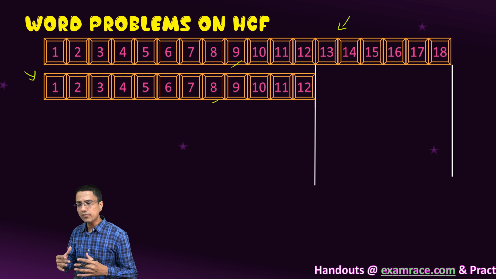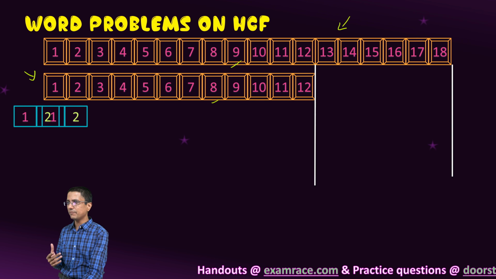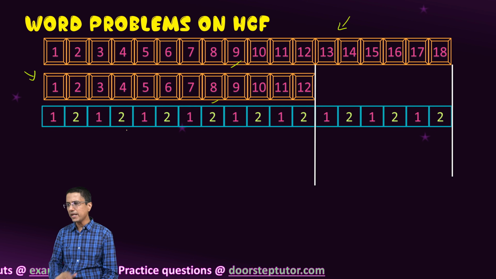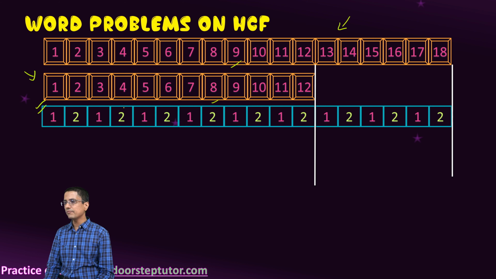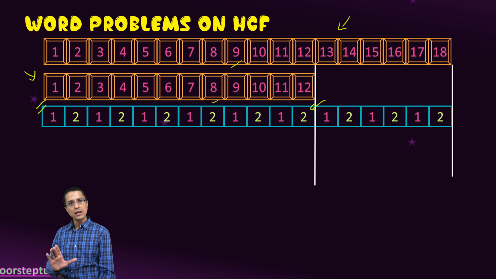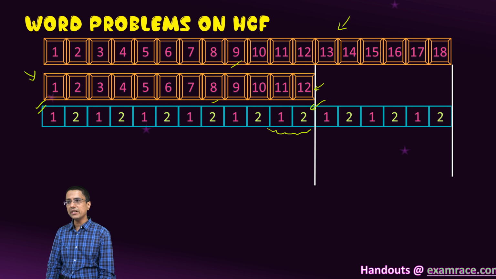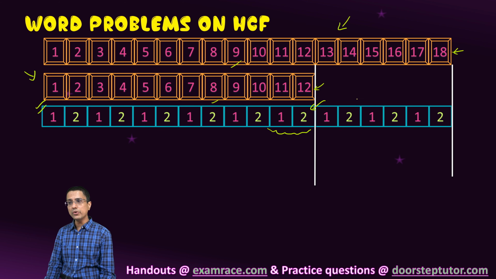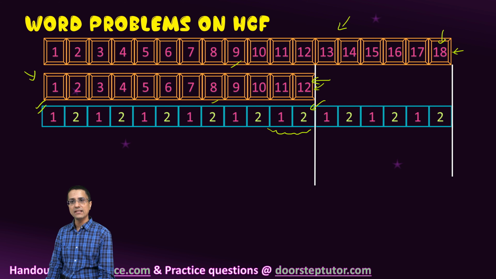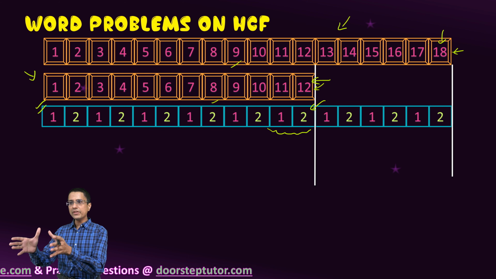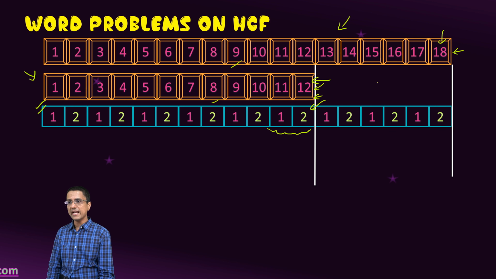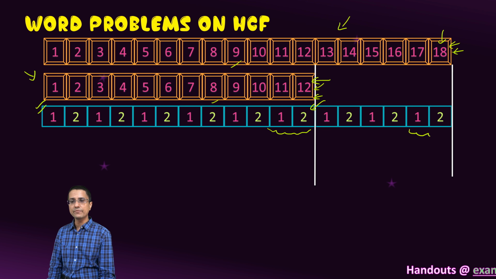So what am I saying? I'm saying that there is a scale, let's say 2 centimeters long. So I brought a scale which is 2 centimeters long. This 2 centimeter long scale would evenly measure, meaning complete lengths of the scale would be covered, this 12 centimeter long wall as well as the 18 centimeter long wall. Why is that the case? Because 2 divides both 12 and 18. Therefore only a fixed number of complete scales would fit in 12 as well as in 18 if my scale length is 2.